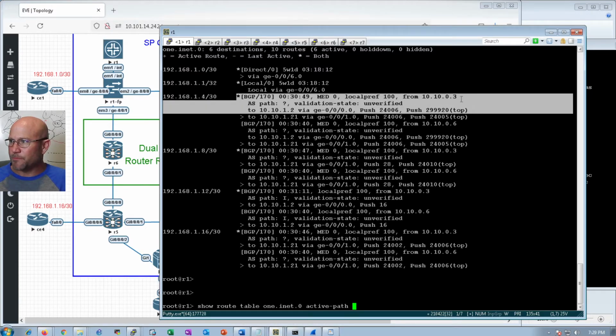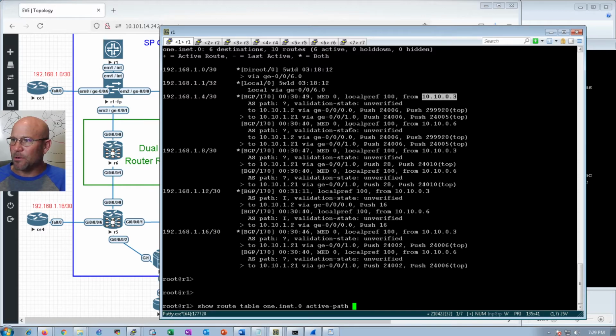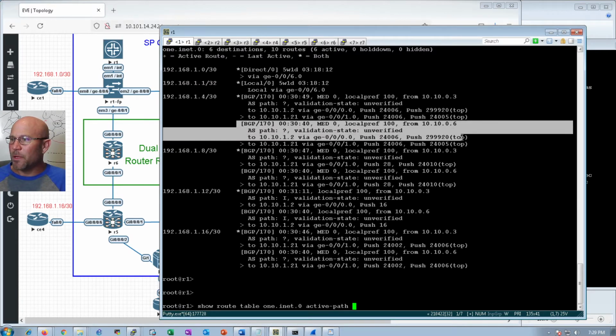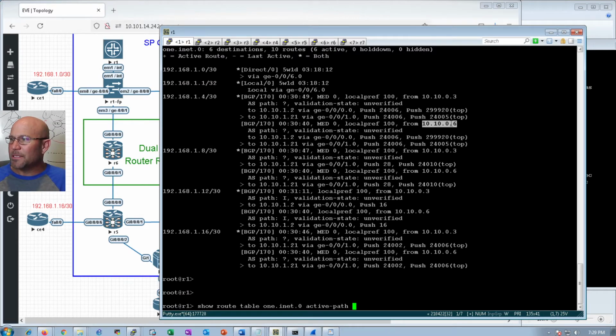This one is learned by 10.10.03. This one is learned by 10.10.06. This one is learned by 10.10.03. This one is learned by 10.10.06. .3, .6, .3, .6. So you'll remember from before our route reflector conversion, when we were fully meshed, we actually